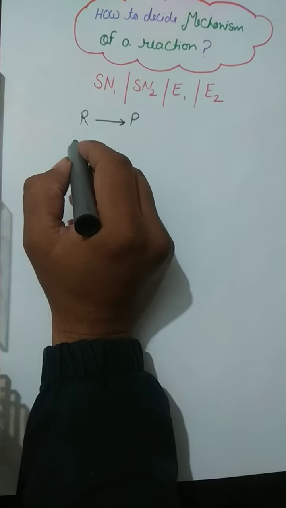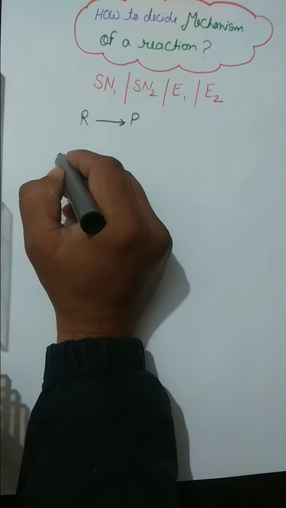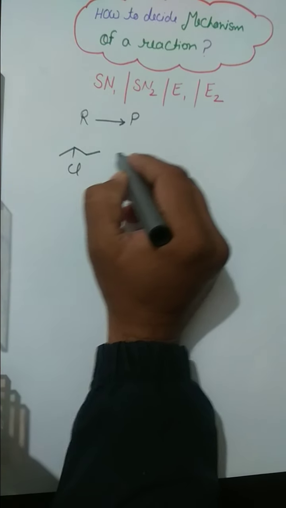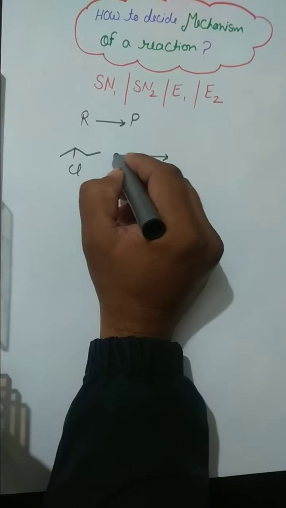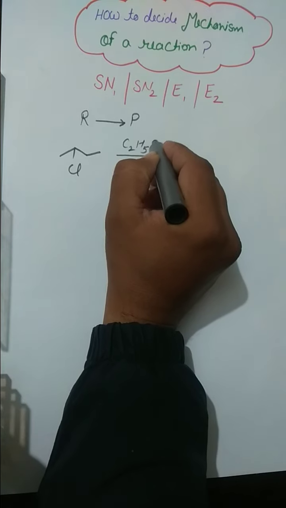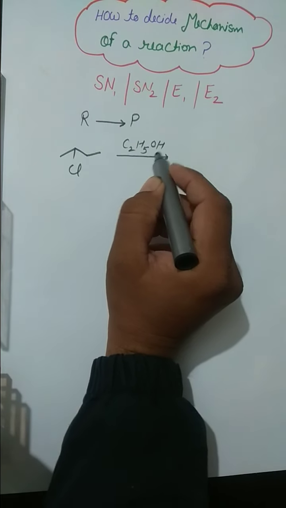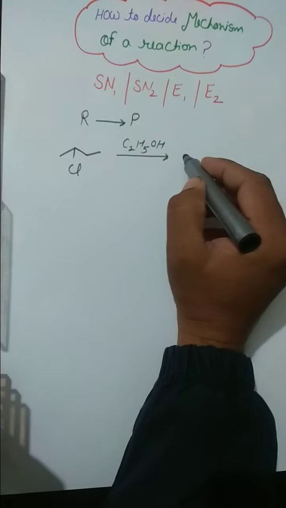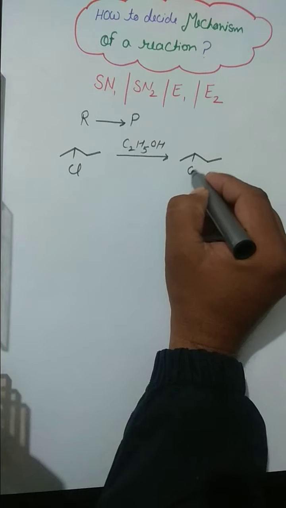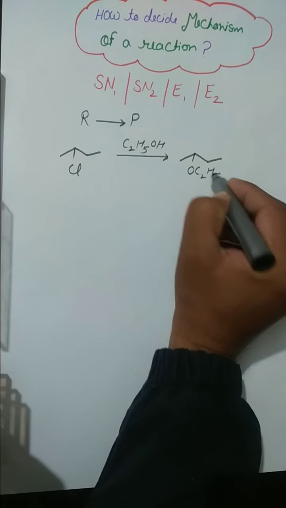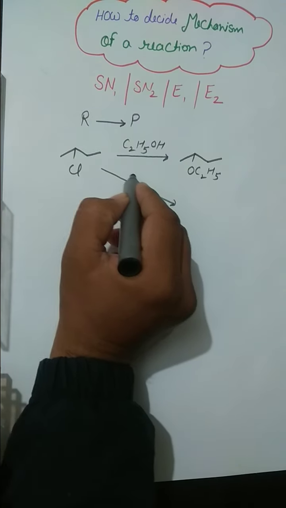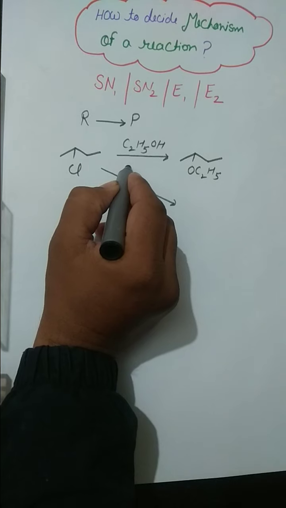Now we have to focus on a reaction. For example, we have this substrate and we are reacting it with ethanol. Means we are doing solvolysis of this substrate. So now our product would be like that. That is our product. But if the same reactant,